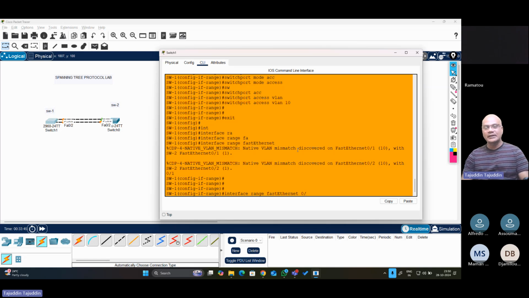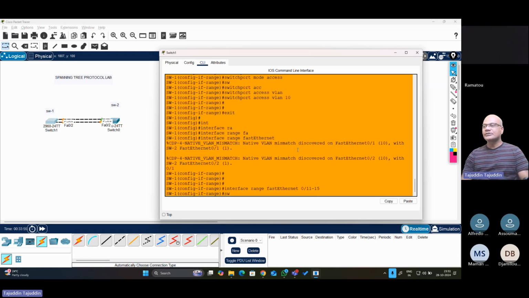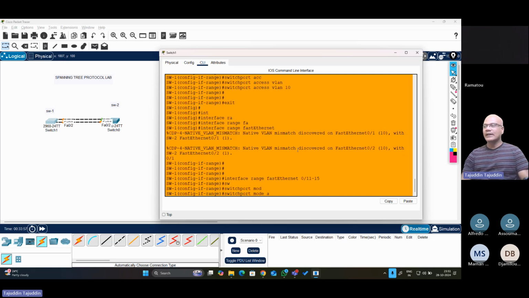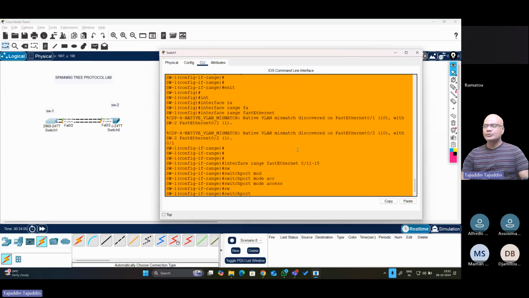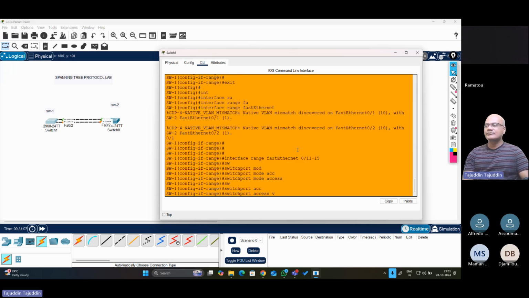The same thing for interface range FastEthernet 0/0/1 to 10, we have that. Now we start from 11, so 11 to 15. This is also switchport mode access. This is the access port because we are going to connect the end user computers, right? Sometimes laptop, sometimes desktop. Switchport access vlan